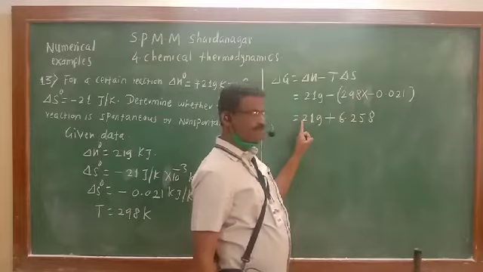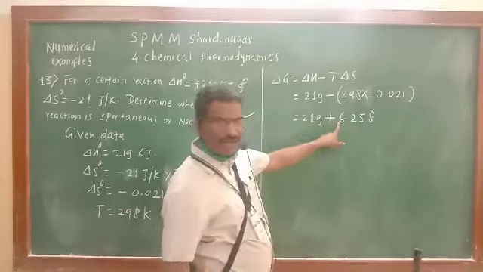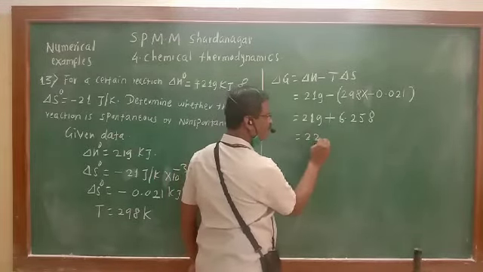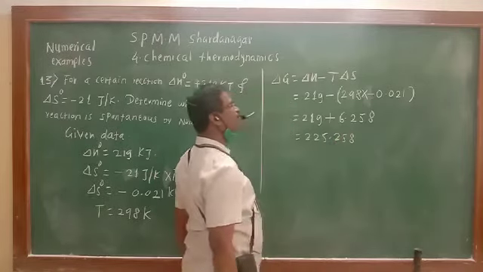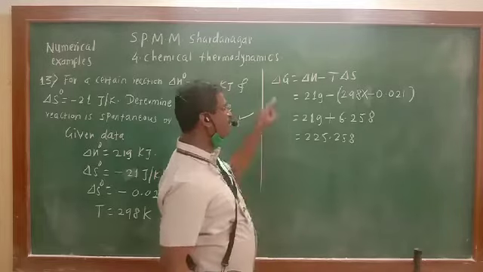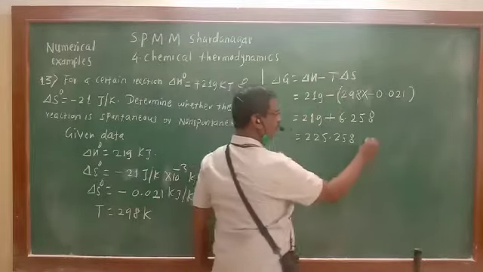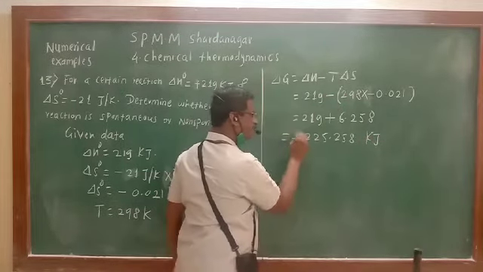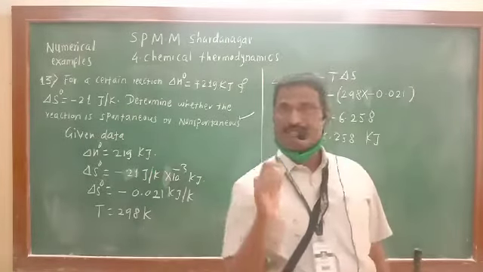Now this is plus, this is also plus, so simply they are added. 219 plus 6 means 225.258 we have calculated, gives free energy in kilojoule. So this is also in the kilojoule. Since the answer is positive, this process is